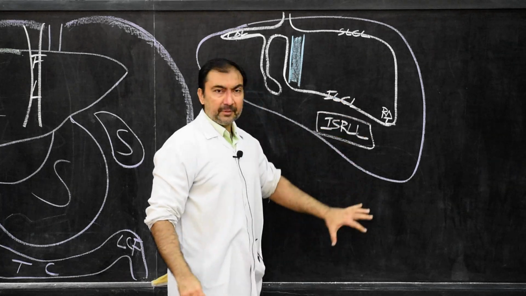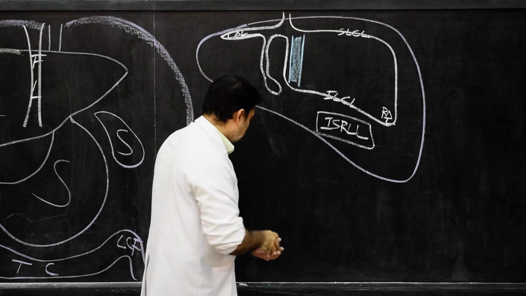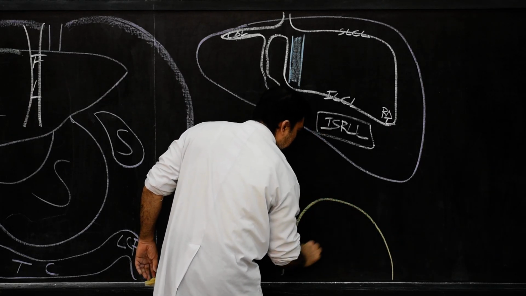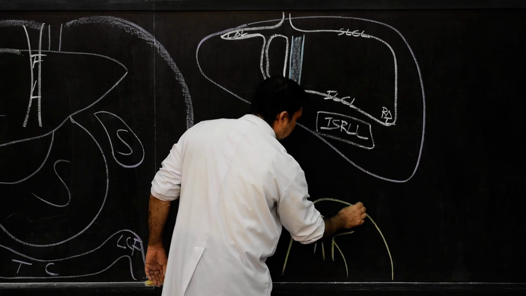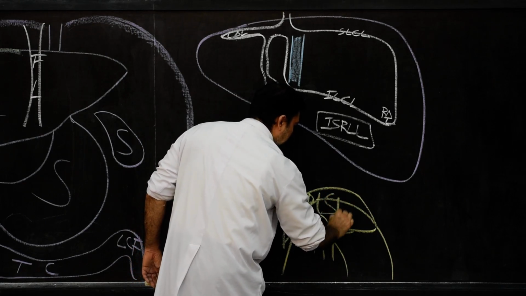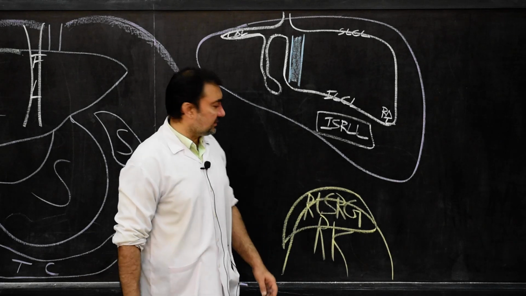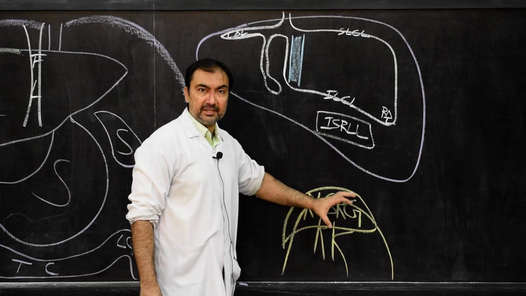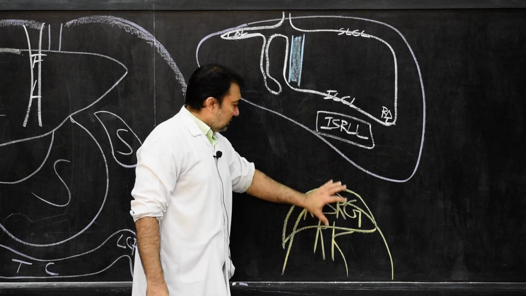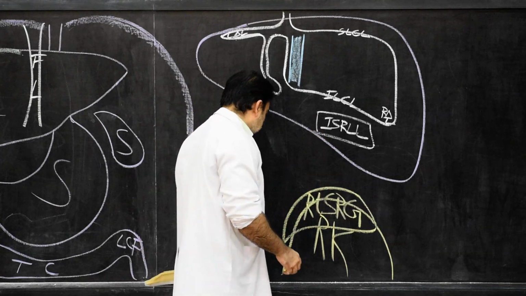Posteriorly here, there will be the presence of the right suprarenal gland and the upper part of the right kidney. Supposing we simply draw the upper part of the right kidney, and over here the right suprarenal gland. Posteriorly the right suprarenal gland and the right kidney, this is the posterior wall. Anterior wall, posterior wall, and these two walls, once again we are going to show.